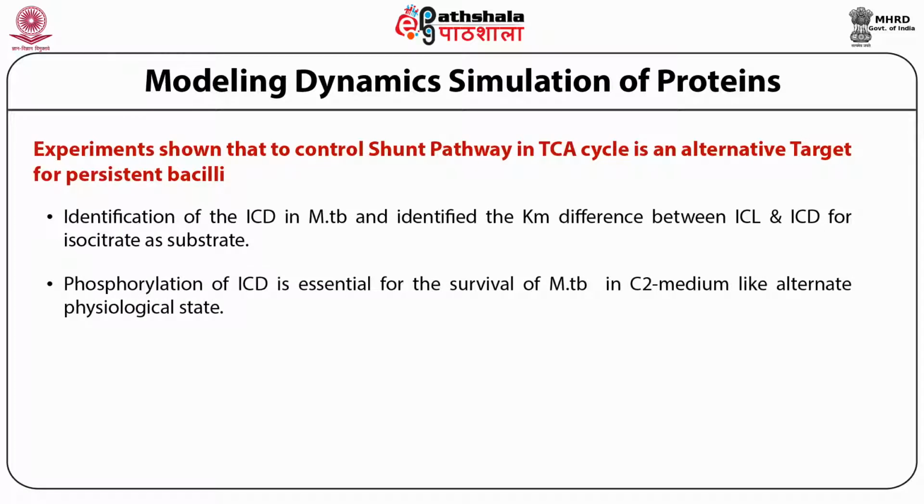What we came out with is that under the normal glucose system, the normal full cycle of the Krebs cycle works and it produces oxaloacetate at the end of it. But during the lower part of the cycle, it loses 2 carbons. Under the persistency of the bacilli, glucose starvation happens, and the biological system of MTB has to survive on acetate.